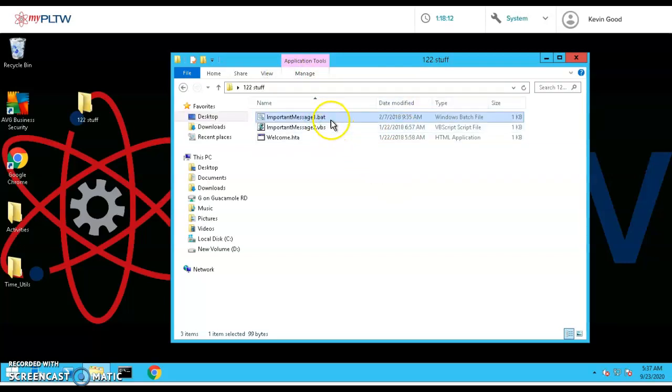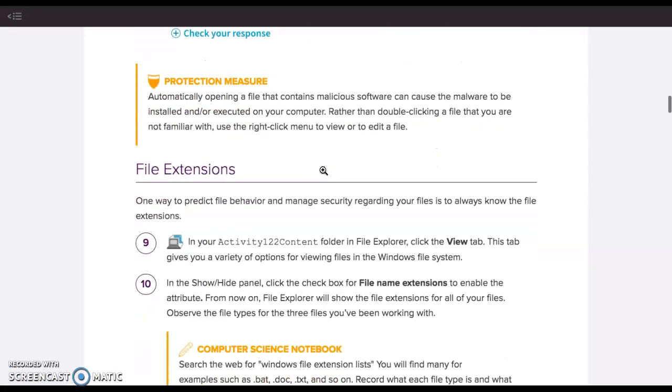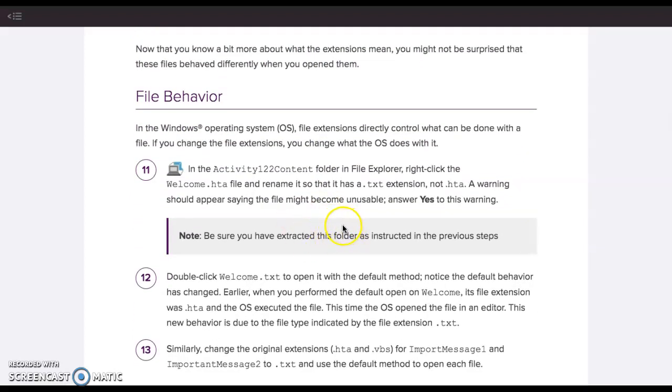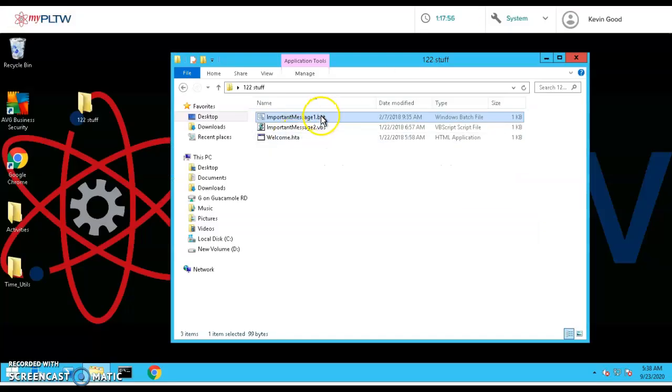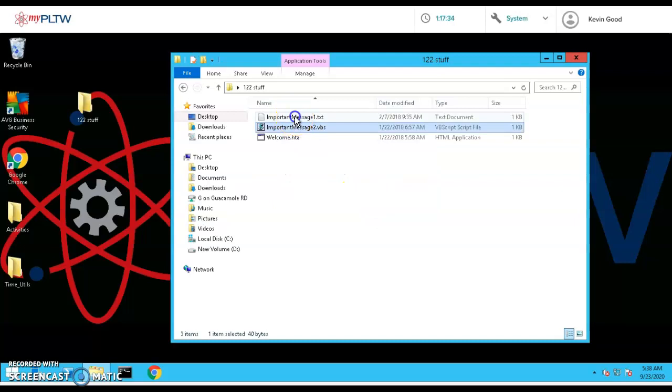But you can turn it on. What's cool, and this is what it goes through in the lesson, is you can actually change the type of file extension into whatever you want in Windows. This is not in every operating system, but in Windows you can do this. If I'm afraid of it being a batch file, because a batch file can run stuff on my computer, but I want to look at it and read it harmlessly, you're allowed to change it to a text file. I just went in and changed it to TXT. It says caution, it might be unusable. Yeah, it's fine, because now when I click on it,